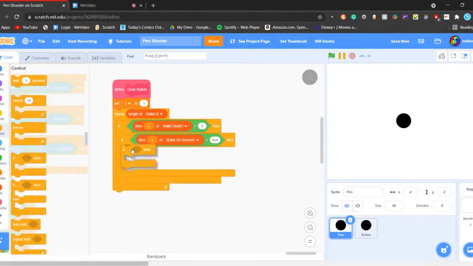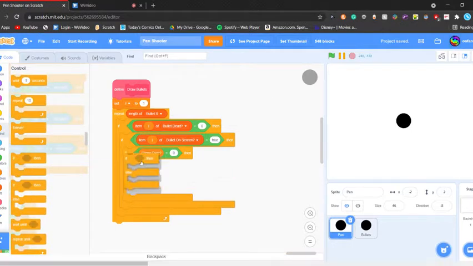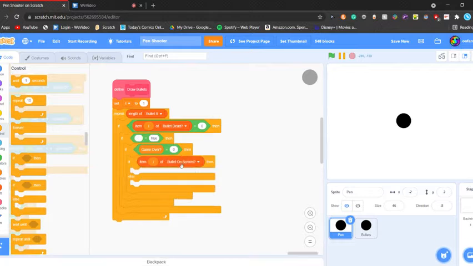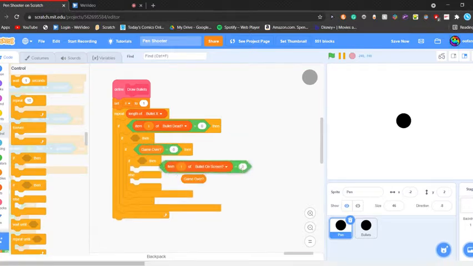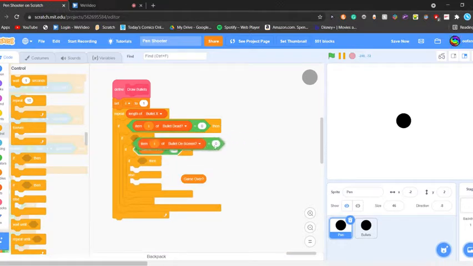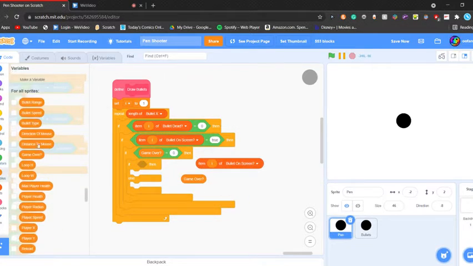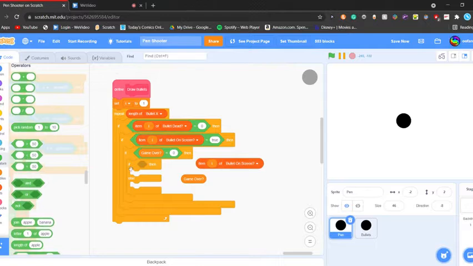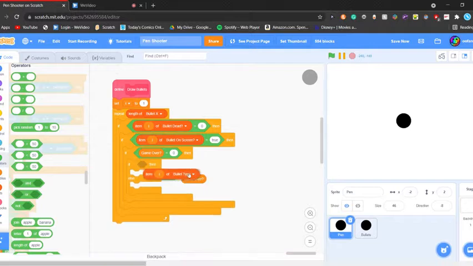Then we're also going to say if game over is equal to 0. So we're not going to draw the bullets if the game is over. Then we're going to say if else, and then the bullet type. Okay, this one. Sorry. Bullet on screen equals true, and I'm trying to just duplicate this, and we're going to say if the bullet type equals 1 for now,